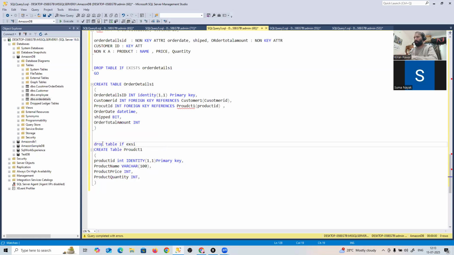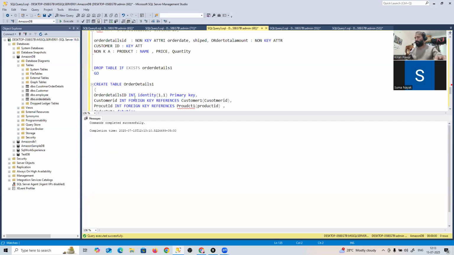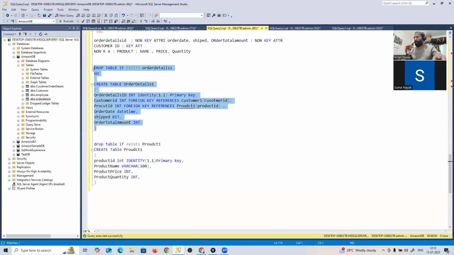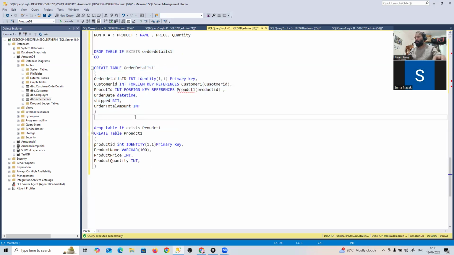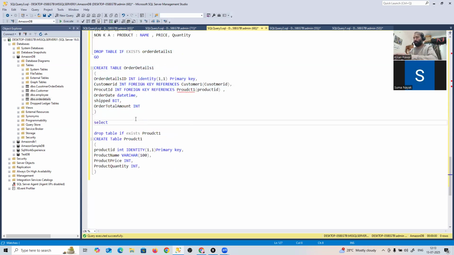And you can see, now if I create this, now if I go and create this, it should work. Good. And now if I go and do a select star from customer one,